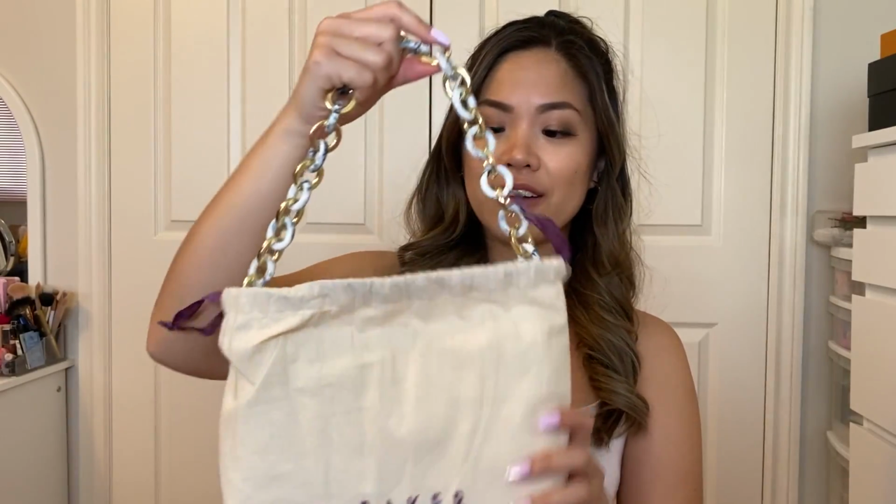So for me, I have this Ted Baker bag, and of course you can tell by this decorative chain, it is very unique. This is what it looks like. Obviously, this is the only strap that I have in this design. I was actually gonna buy more on Etsy to show you guys. I would have rather picked like a tortoise or clear, just something not so gray and against the monogram finish, but I didn't want to waste money, and this is a similar style, so I really didn't mind using it